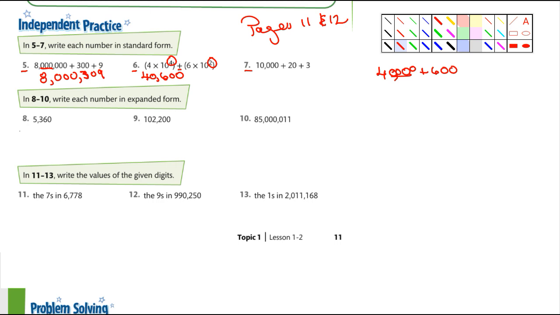So for 8, 9, and 10, write those in expanded form. Let's do 10 together here. That's probably the hardest of the 3. So first off, what place is the 8 in here? Okay, what place is that? That's the 10 millions place. So it's going to be 8 times 10 million. Okay. And then we're going to add,